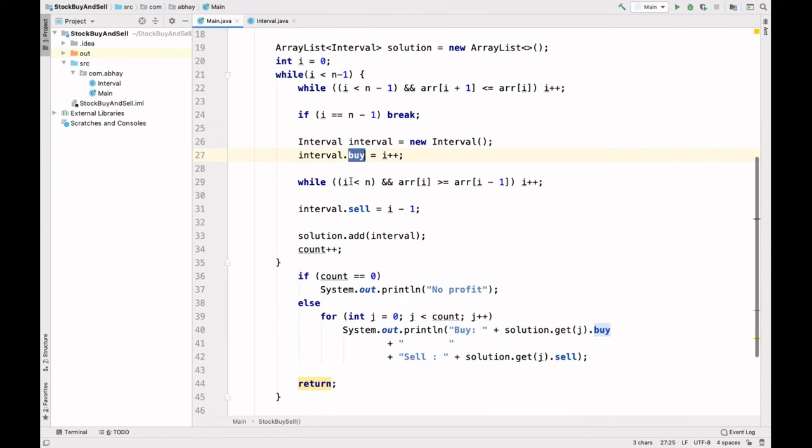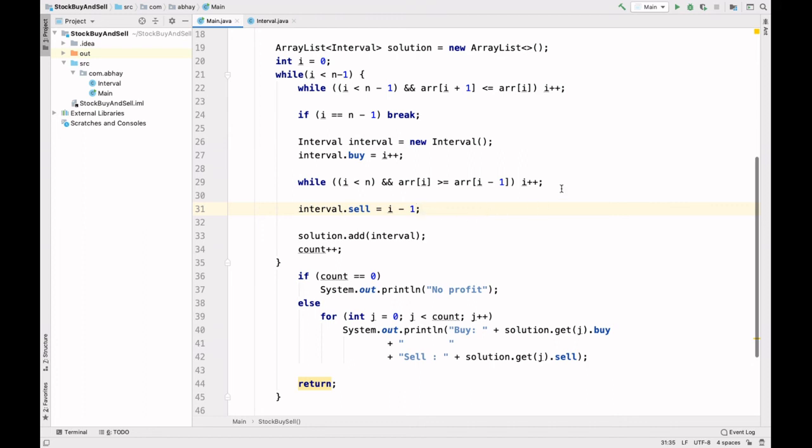Okay, now again we have a while loop here. This will help us to find the local maxima. Here we have written the code for local minima because if we are finding local minima every time, then we have to increment. And if we are out of the loop, then there is a proof that we have found our local maxima.